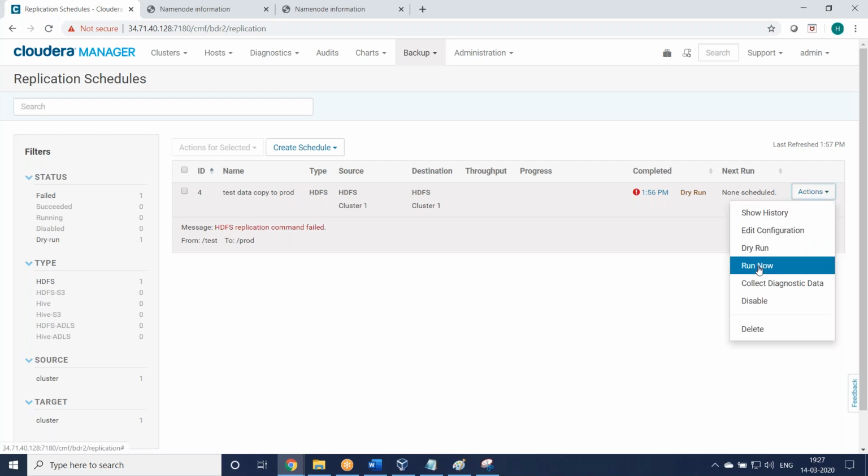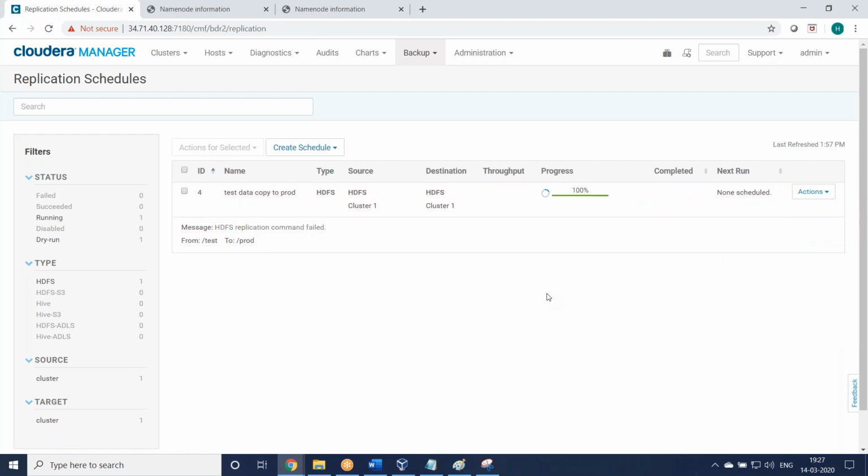Okay, let us run now. It is showing the HDFS replication command failed. There may be some problem, but creating a backup and replication is like this.